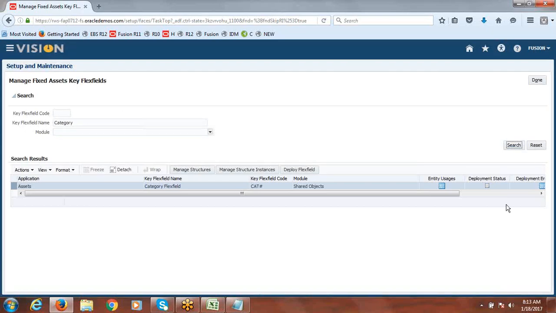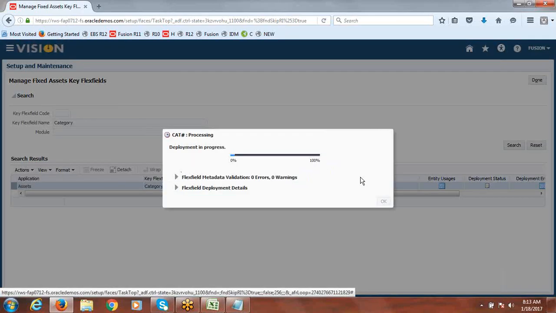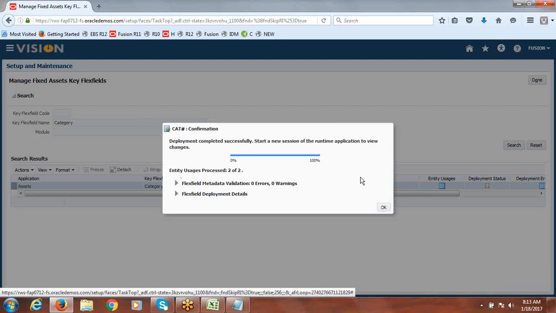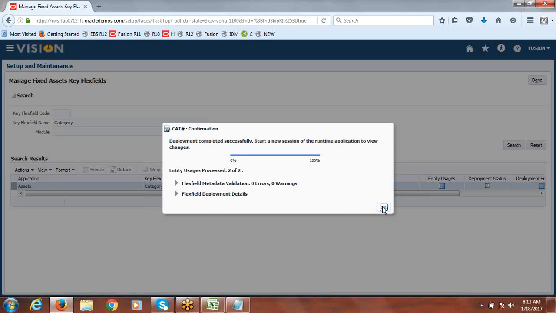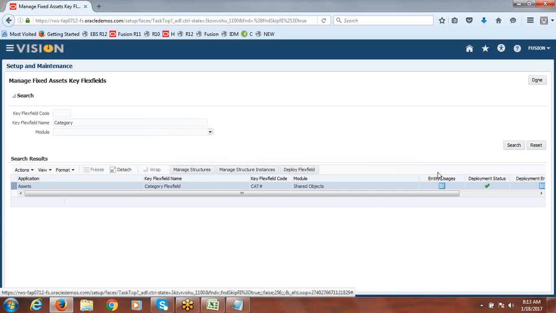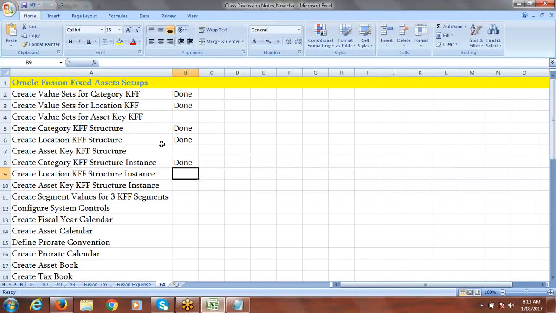I think we didn't deploy that. So category structure also if you can deploy. Okay, done. Instance also we complete and we deployed.